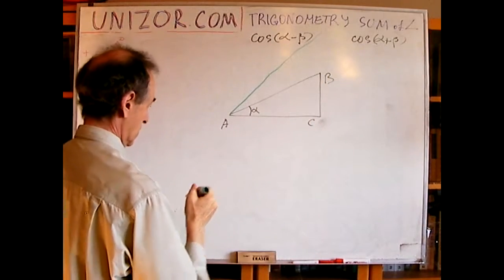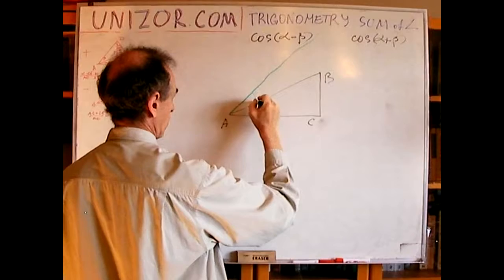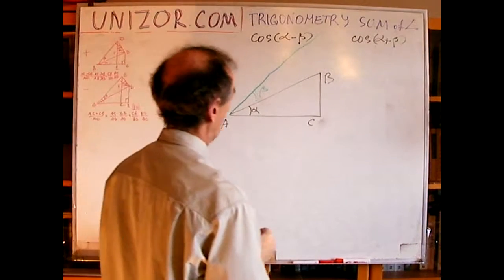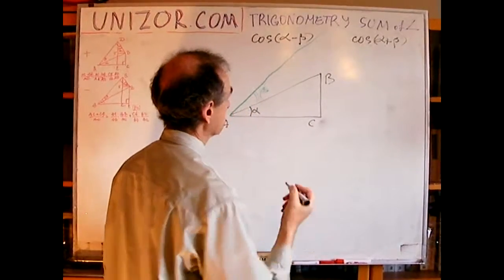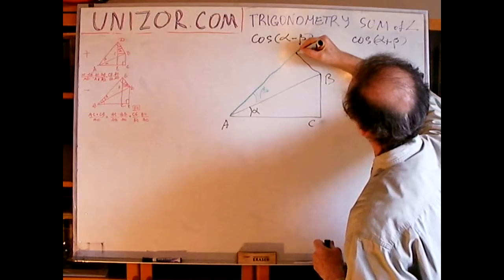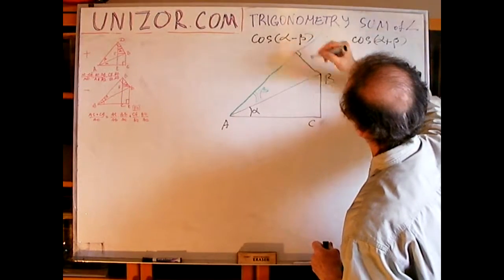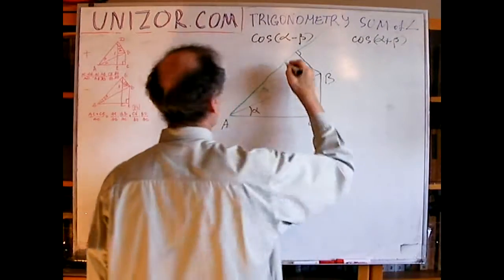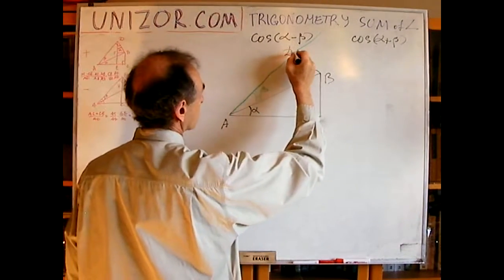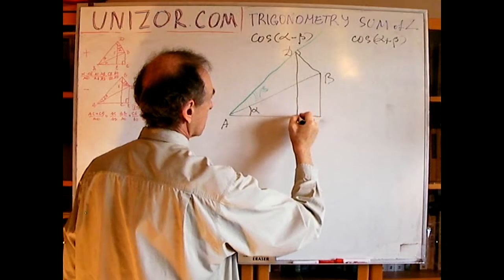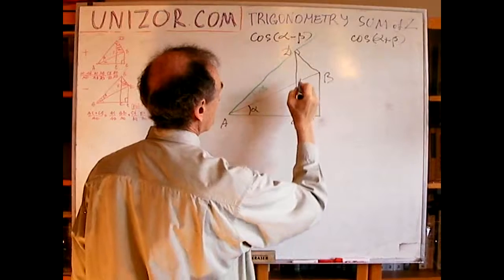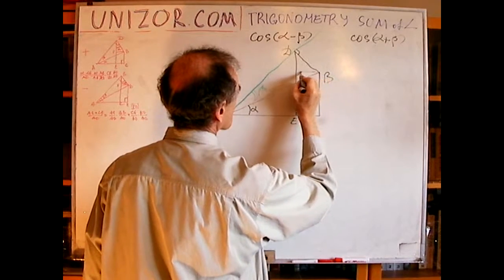Okay, this is angle beta. And what we will do, very similar actually, we will put the perpendicular to this line and call it D. We will drop the perpendicular to this and call it E. And we also need this line